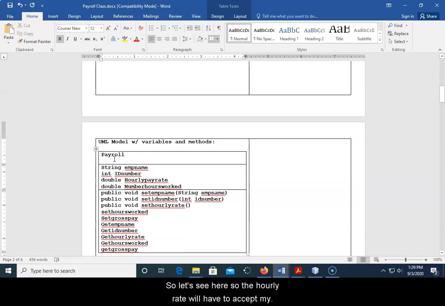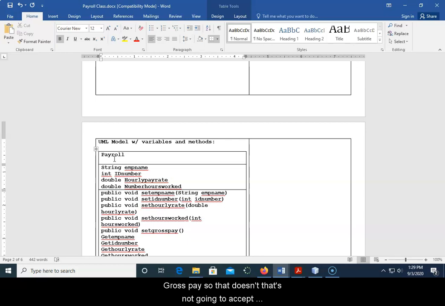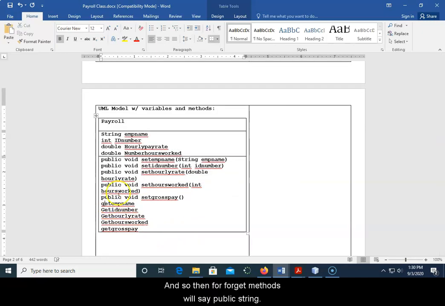So let me see here. The hourly rate will have to accept my hourly rate, which would be a double hourly rate. Okay, and then I need public void set hours worked. So then I can have int hours worked. Then public void set gross pay. That's not going to accept anything because my hourly rate and my hours worked will be set right here, hours worked, and the rate will get set up here, and so we'll just run a calculation in there. And so then for our get methods, we'll say public